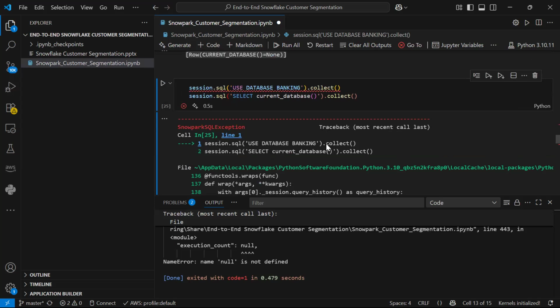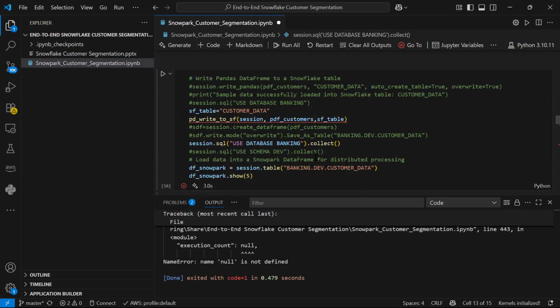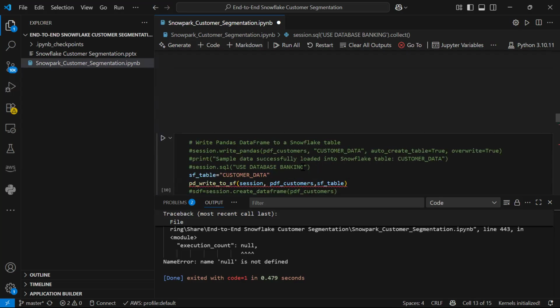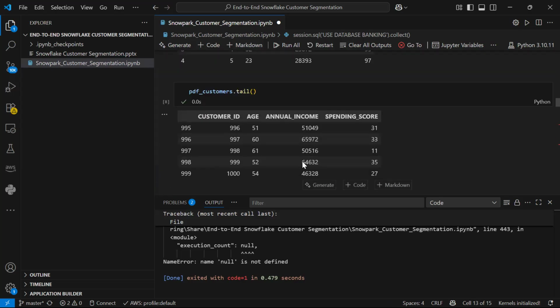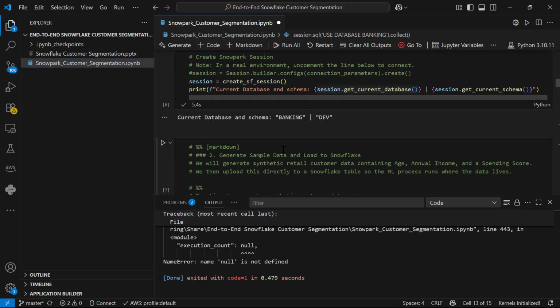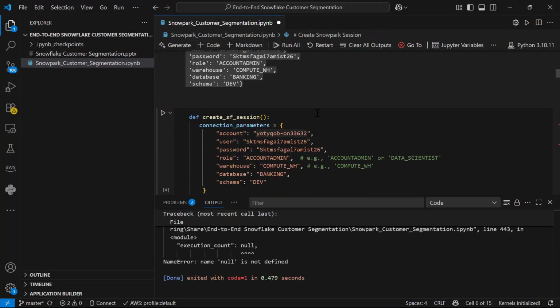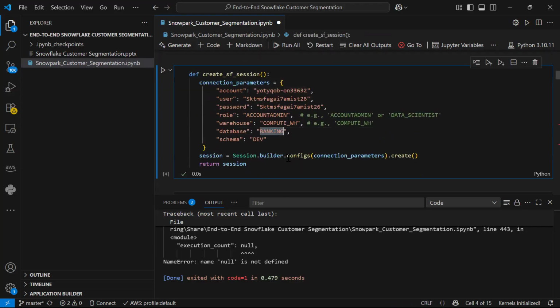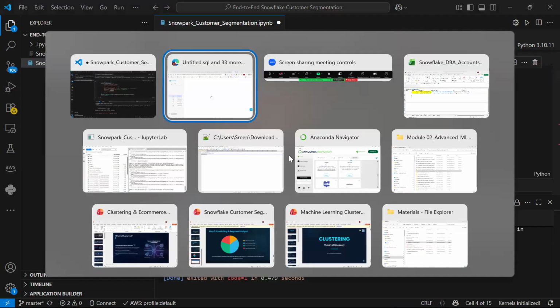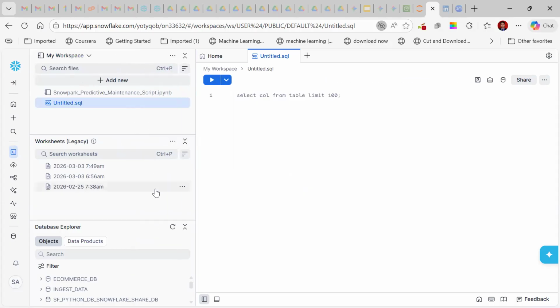Banking database, is the banking database there or not? Banking only, no? It is just showing, no? The table is customer data, but banking it is clearly showing, no? Current database also it was showing if you remember. Banking and dev. Current database came out banking and current dev. Whatever it is there, I am giving here banking. Anyway, let us see here if banking is there or not. If it is not there, then how come it is displaying? That is strange.